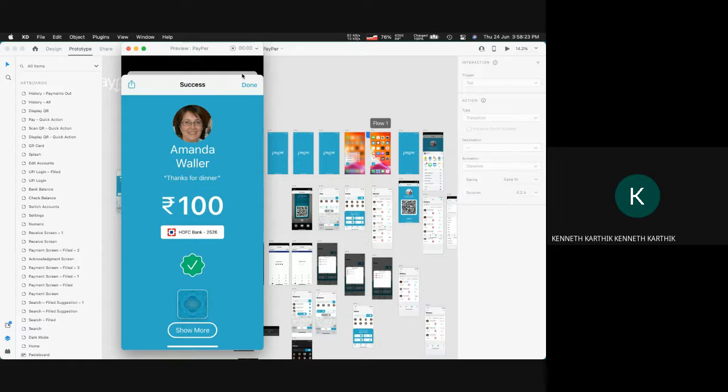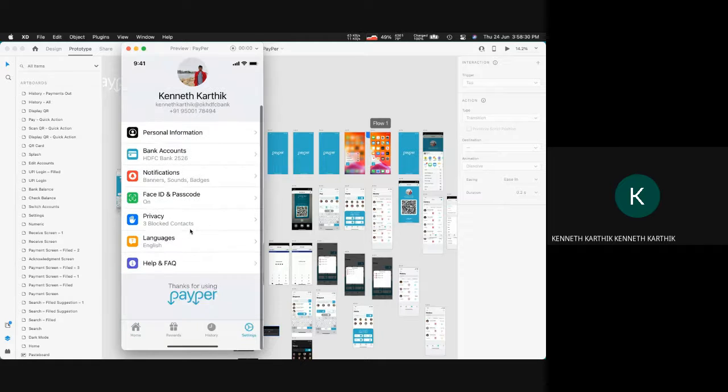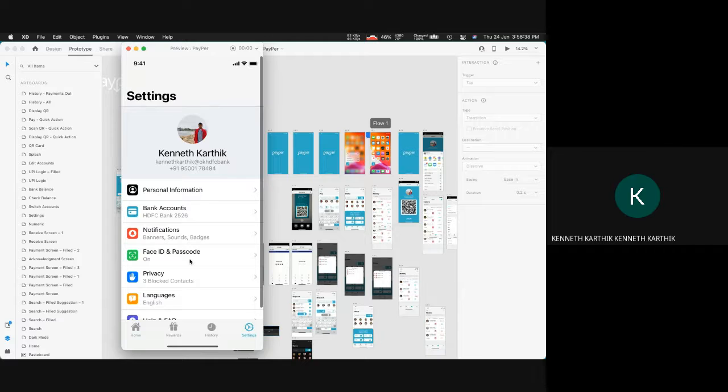But then yeah, you can get more details, or you can go back to your home screen, and settings would give you basically all of your profile related details in one place. You can manage all your accounts, you can lock your application since it's private information. And so yeah, that is basically it.